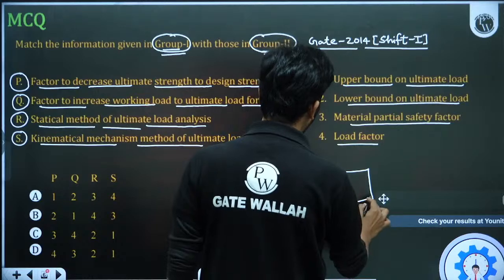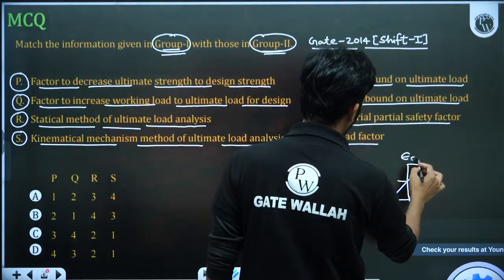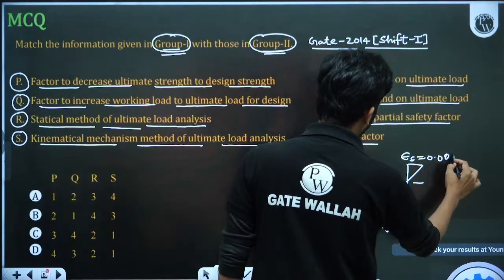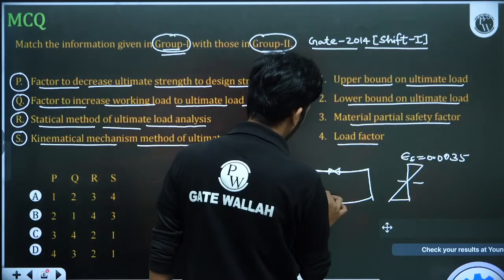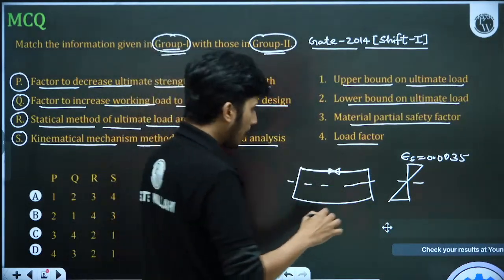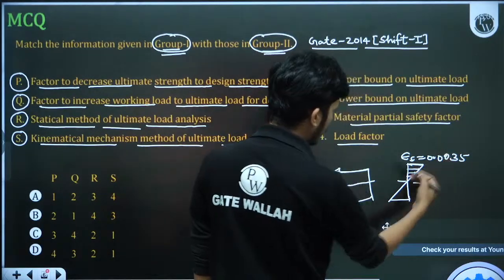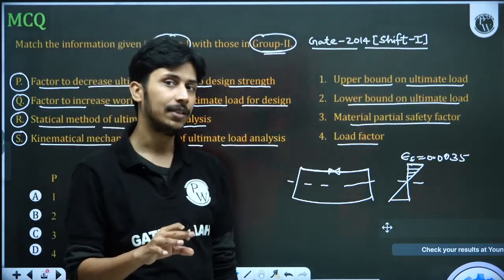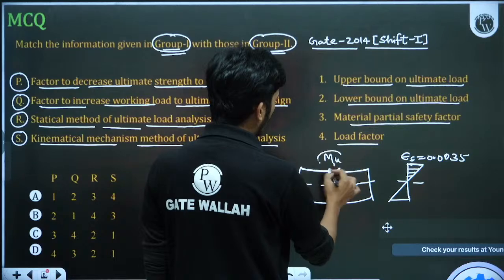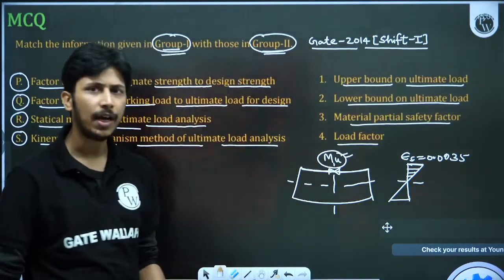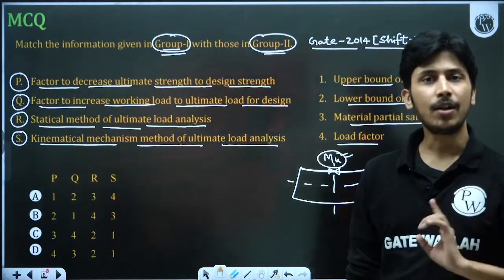Why the top fiber? Because when the top fiber reaches this strain, we will say that this fiber has failed under compression. This fiber has failed, but the whole beam has not failed, because the whole beam fails only when all the fibers reach this strain, but the fibers below have lesser strain than this. So now the collapse has started. Collapse has not happened. So we are doing the static approach to calculate the ultimate load, like we do in the limit state method. We calculate the ultimate moment at the starting of collapse, not at the end of the collapse.